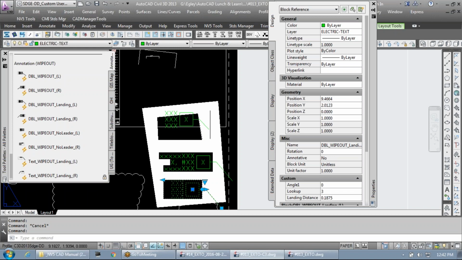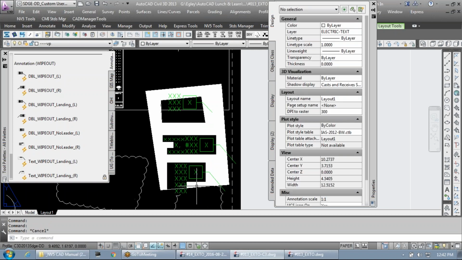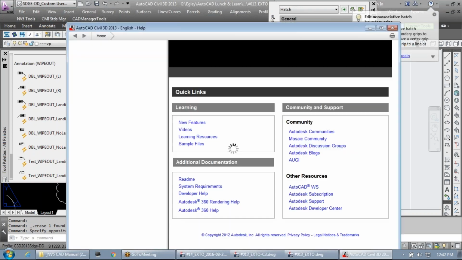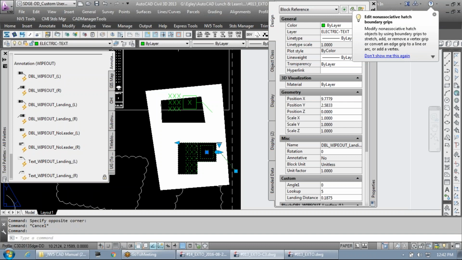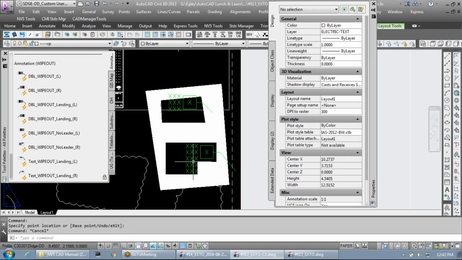So now you have a wipeout built inside this dynamic block, and that wipeout has dynamic properties. So let's say you change the number of lines of text to 4. That wipeout changes accordingly. Let me delete this guy. So that wipeout is going to adjust automatically to the number of text lines, and then this script here is going to control the width or length of your wipeout. So as your text grows,